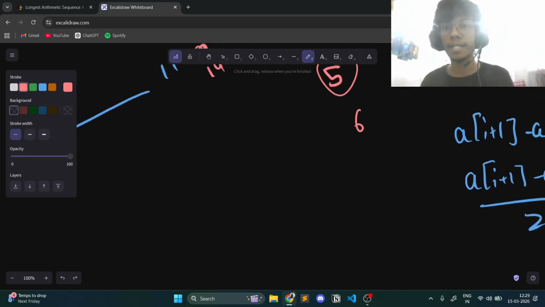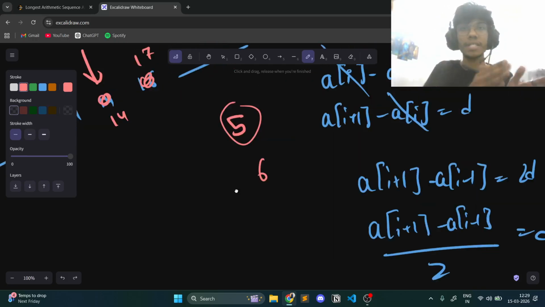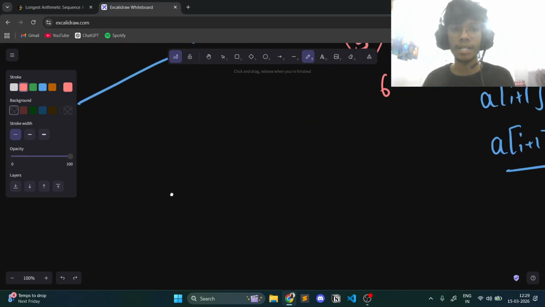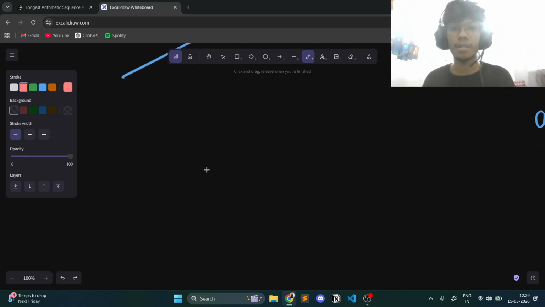And to find the maximum possible prefix and suffix subarray, we can just do this. We can initialize the prefix and suffix by 2, because 2 is always valid. We can always construct a subarray of length 2. And now my answer would be, I'm just doing this in a dynamic programming way. If, let's say